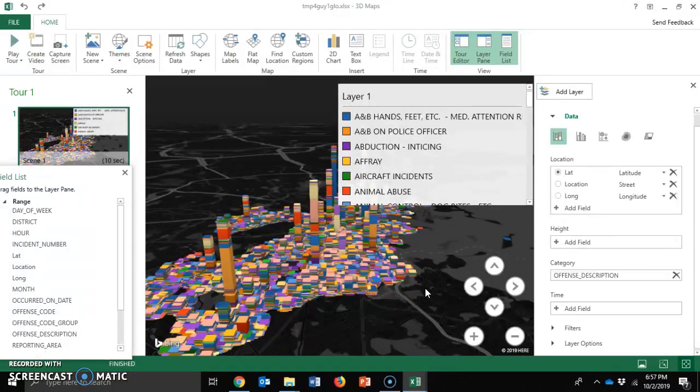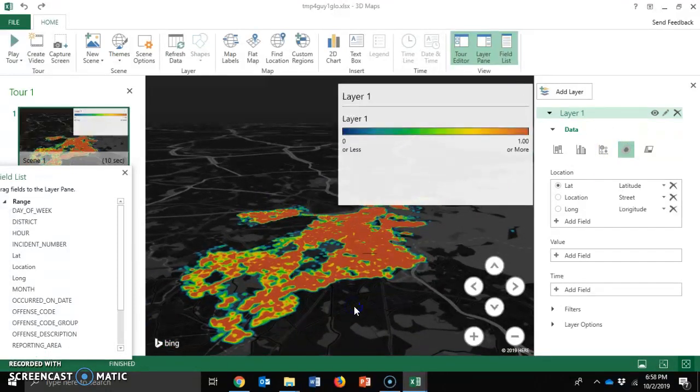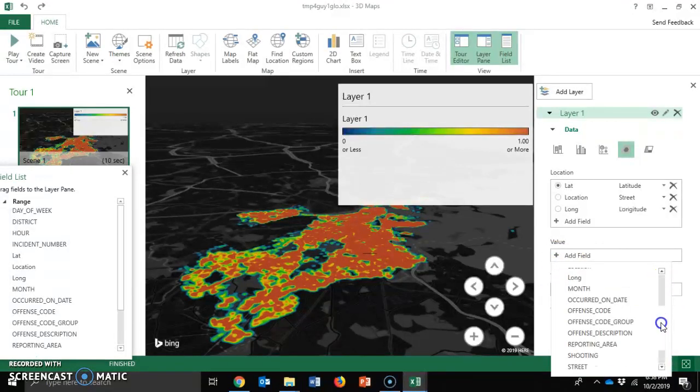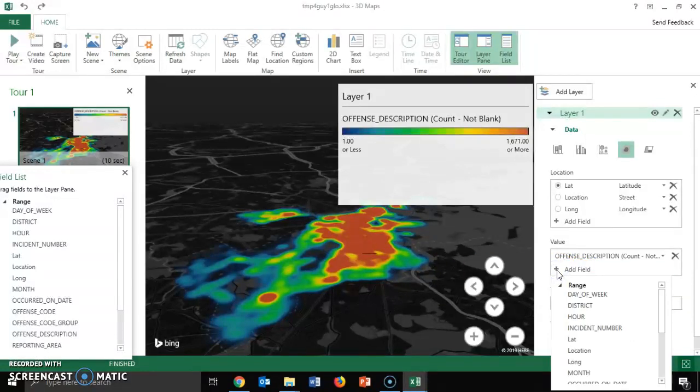So with that, you can add more filters, and students can change that to a heat map. I know some of you are interested in heat maps. So you're still looking at the filter in the layer. You want to add the value, which is the incident or offense description, and we're still mixing it all together. So what we want to do is add a field,